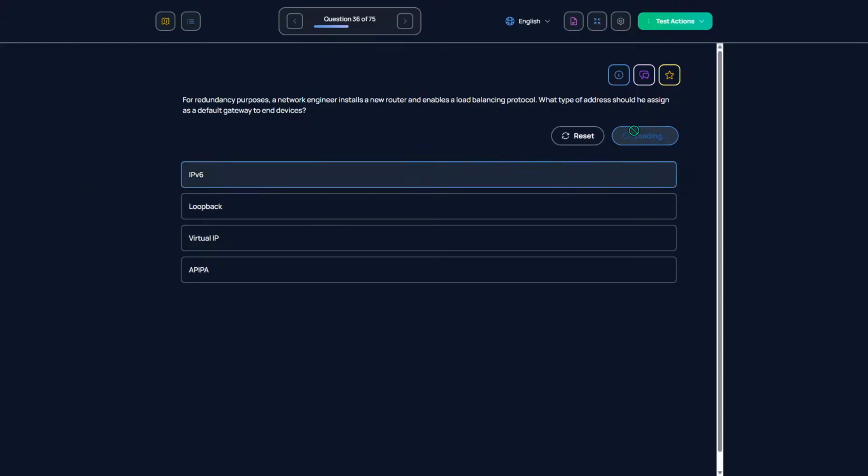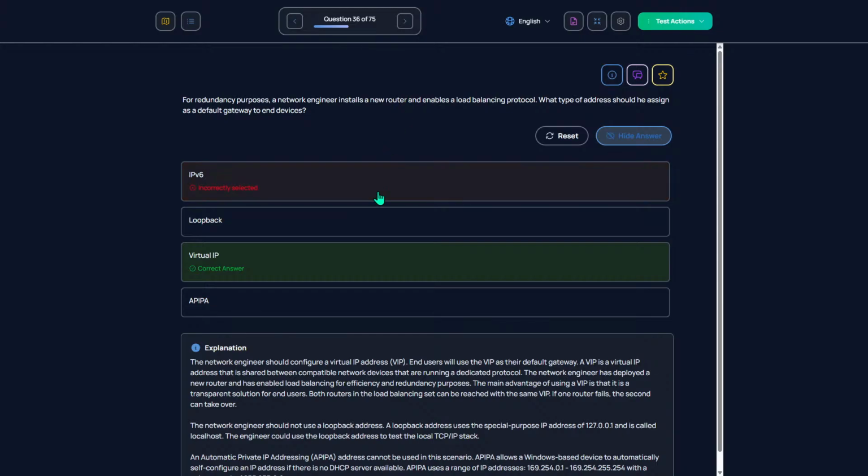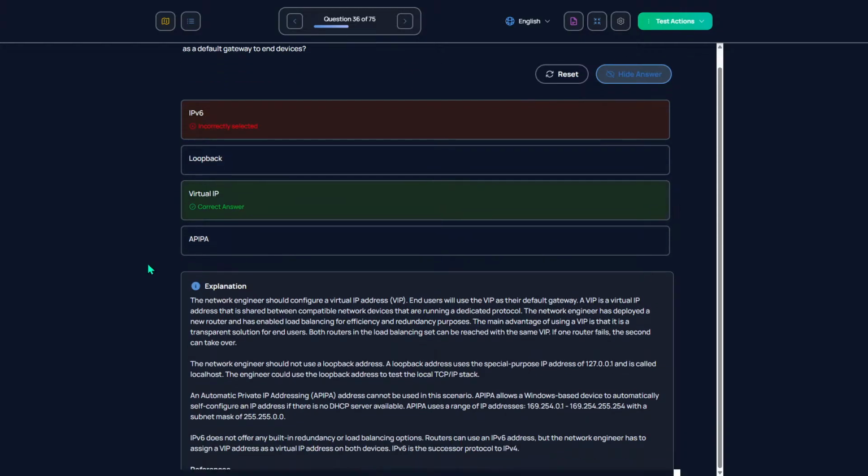Boys, I'm not even sure. We're just gonna go with IPv6. Okay, it's a virtual IP. So why is it a virtual IP? The network engineer should configure a virtual IP address, or VIP, and users will use the VIP as their default gateway. A VIP is a virtual IP address that is shared between compatible network devices that are running a dedicated protocol.